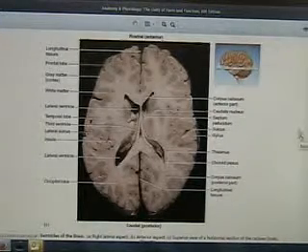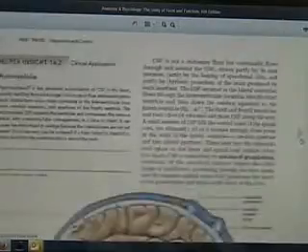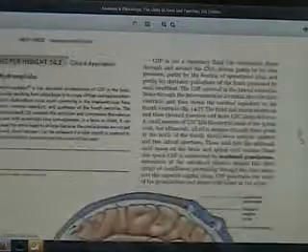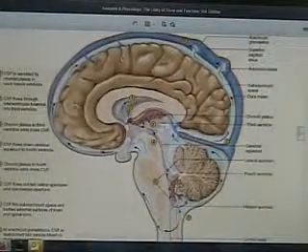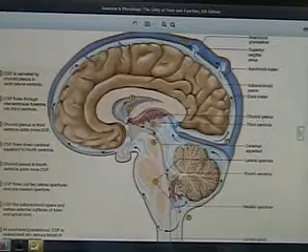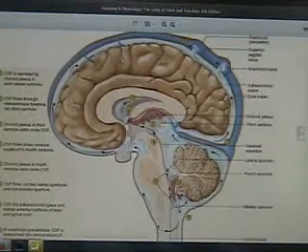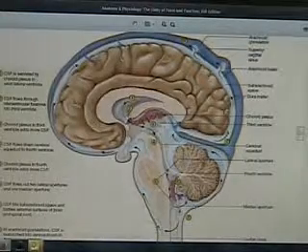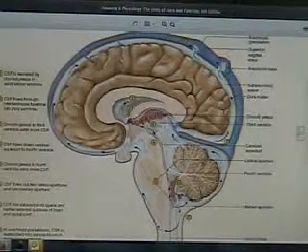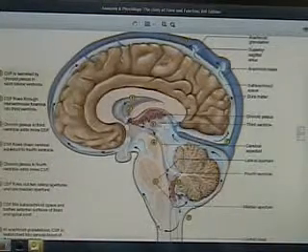Okay? Now, let's go to page 519. Oh, we are on page 519. Let's go on this page. Now, you can see how vital the cerebrospinal fluid is. It innervates all parts of your brain. It is produced in the choroid plexus of your brain. And it has 4 very important